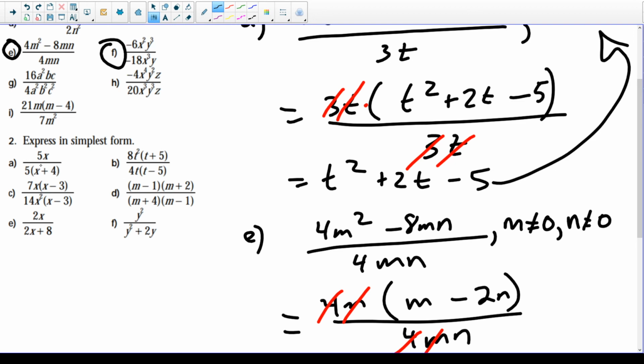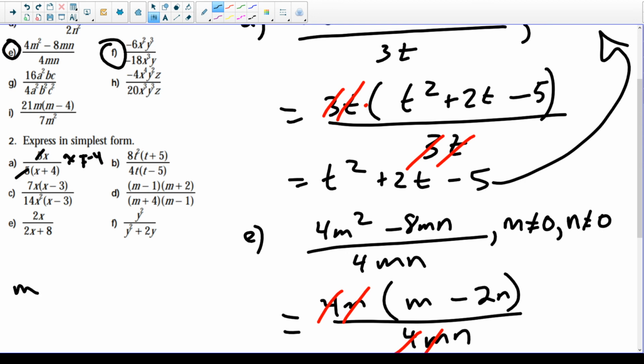For number 2, if we do 2a orally here, what value can x not equal? Well, because it's x plus 4, x can't equal negative 4. Then the 5's cancel out. So you're left with x over x plus 4. And all of them are very similar. If we look at D,